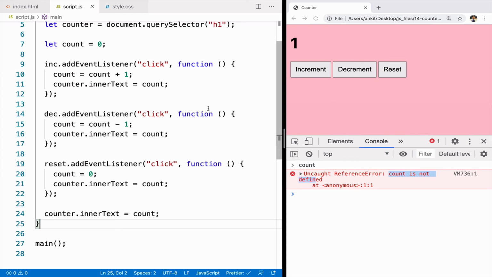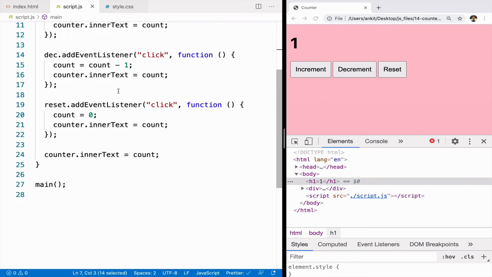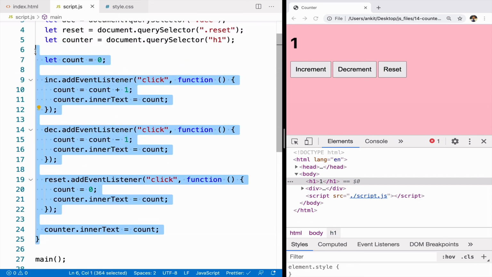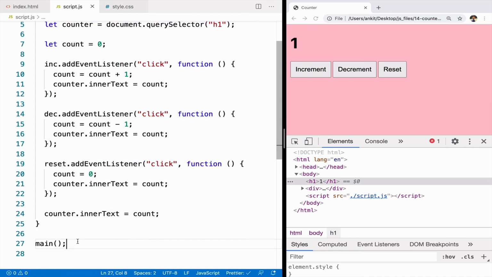So this is how we can fix these fundamental issues. The first fundamental issue was our next value was depending on the DOM that can be manipulated by anyone. So we created a variable for that, so nobody else can manipulate this value. The second issue was that a user can access this variable in global scope and update this value to a new value, but because now we have wrapped it into a function, we cannot access that variable from outside. And now our application works perfectly fine without any fundamental issues.